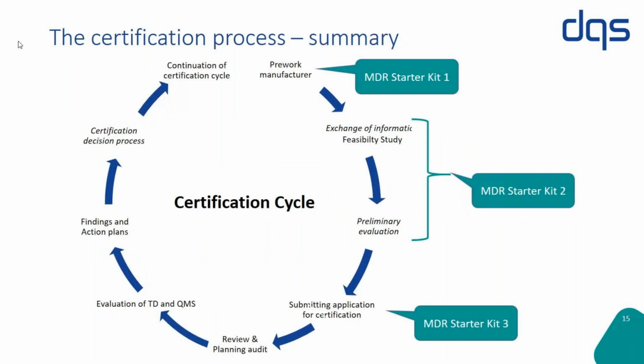Here is just a small summary for you. On the right-hand side above, you will see the pre-work of the manufacturer, where you can work with the MDR starter kit. Then we have the exchange of information and the preliminary evaluation, where you can use our MDR starter kit too. Then after submitting the application for certification, we check the technical guidance documentation from starter kit 3, doing the planning, and then starting with the evaluation of the technical documentation and the quality management system. Therefore, it could happen that there are findings and action plans, and after correcting everything, we have the certification decision process and the continuation of the certification cycle. So far,